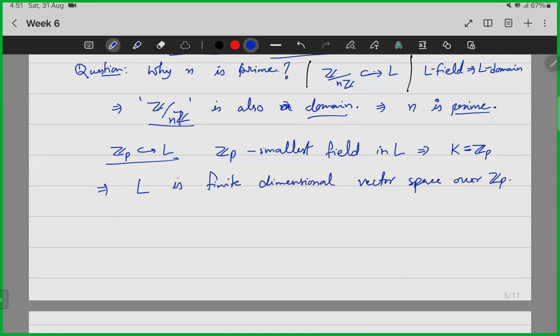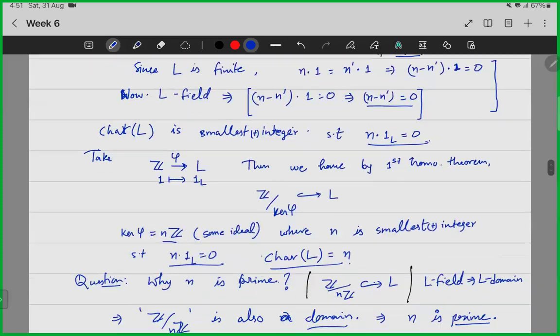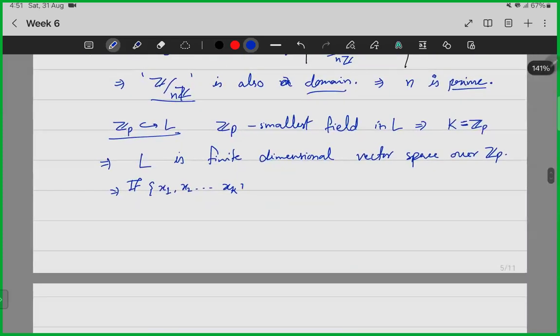Okay, and this will imply, let's say, x1, x2, up to xk, or let me write it in the form of notation. Okay, anyway, if x1, ..., xk is a basis of L over K, which is Z_p, then the order of L will be equal to